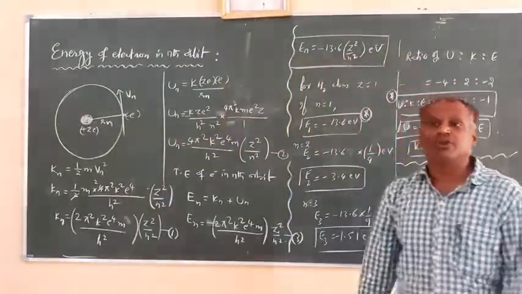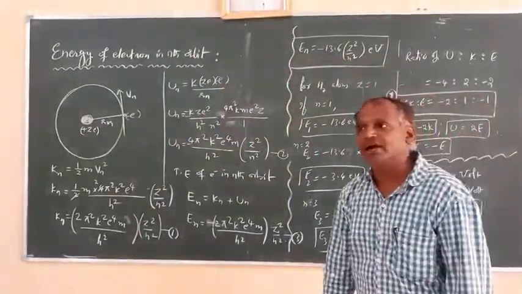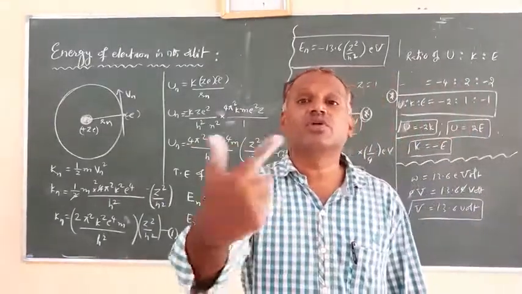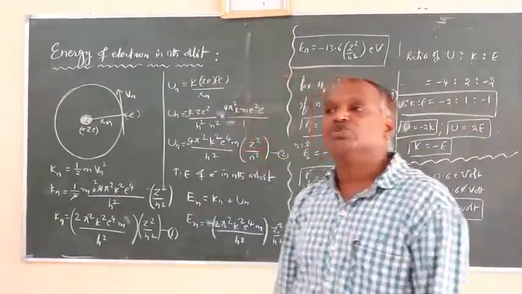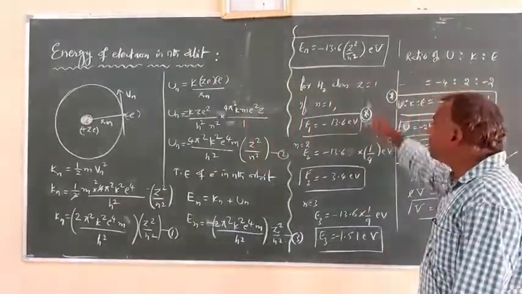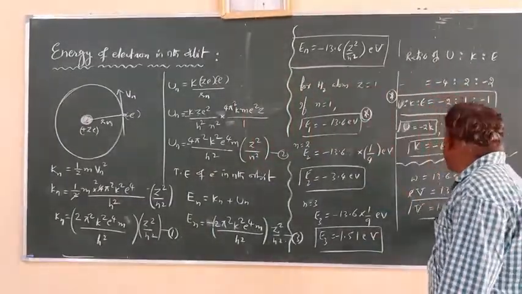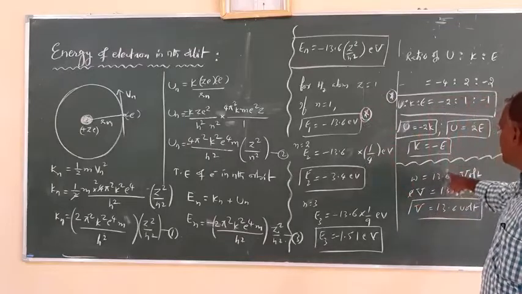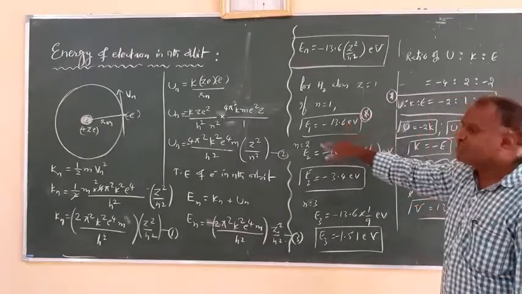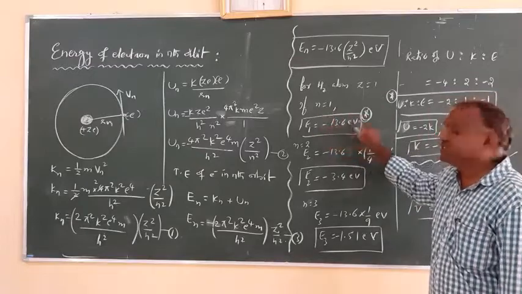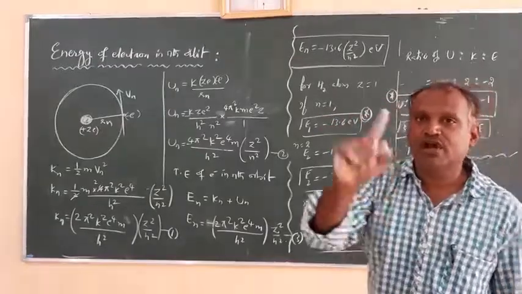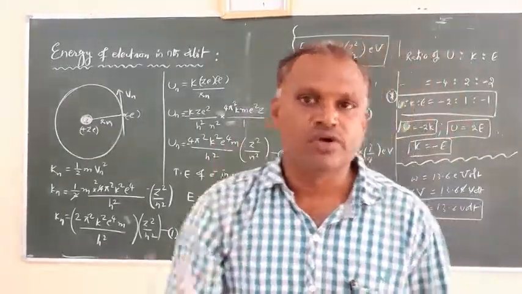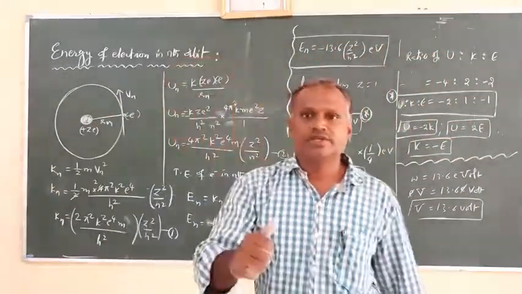The amount of potential, or battery potential, required to supply the ionization energy, that much work done is given by the battery potential. So that potential is called ionization potential. For a hydrogen atom, it is given by 13.6 volts. Right? This is ionization potential. Then this one is ionization energy, without minus: 13.6 electron volts is the ionization energy for hydrogen atom, and the ionization potential is 13.6 volts. Right? So with this we can sign off.